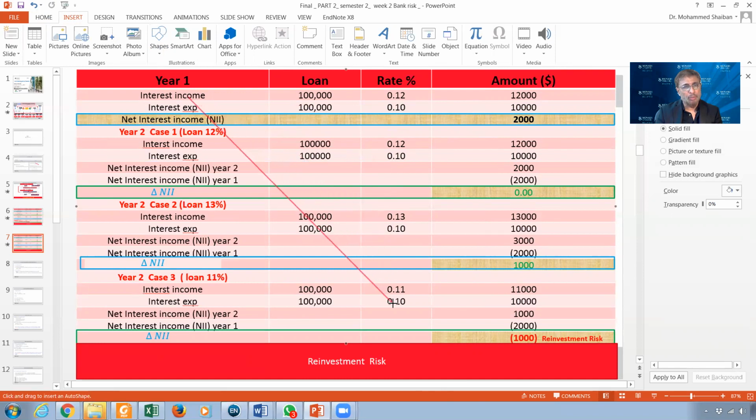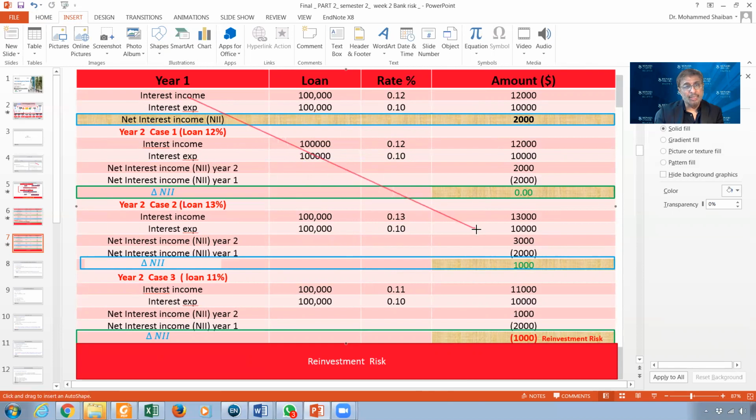I always pay 2% in the second year because it's a fixed for 2 years. The loan, the problem when the loan finish in the first year, it can be 2% to 12%, which means there is no problem here. There is no impact. Or it could be 13%,